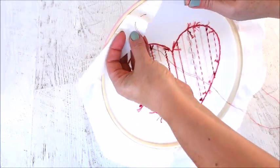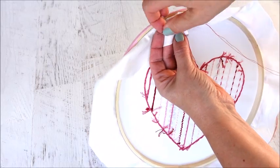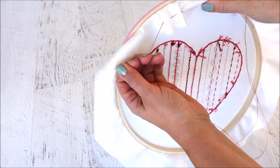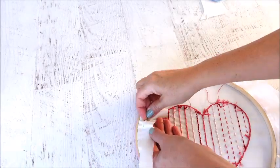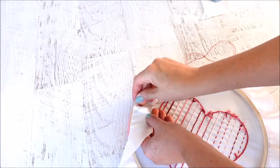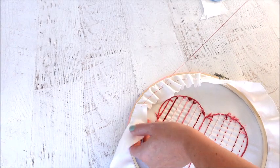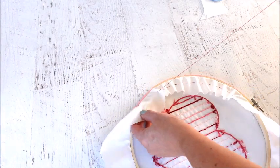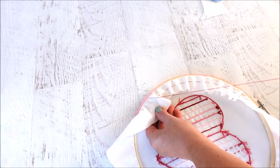So just see if I can get this at a good angle. Just put it in, put it back up, and then as we pull it, it will tighten it up. There's nothing fancy about this. I'm just staying, I don't know, 3/4 of an inch or so away from the edge all the way around, and the stitching doesn't have to be perfect or exact. You're just taking big long stitches, and then when you pull it,